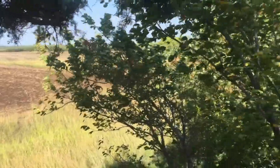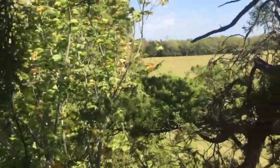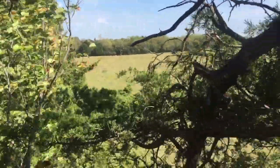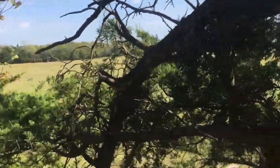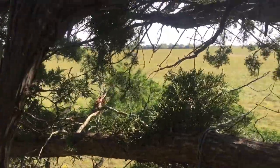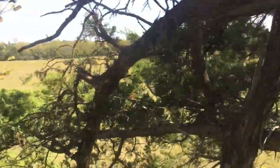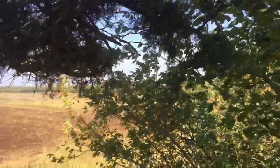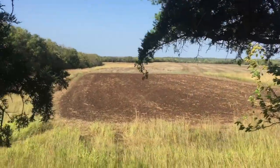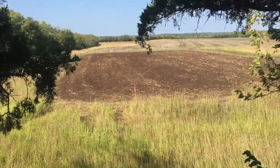But as you can see, I've got a really good view here. I'm kind of in a tree row, and big bedding area over there to my right. And then when I come in here and hunt this, the wind will be blowing right in my face and hopefully blowing across this cow pasture behind us. The deer typically don't travel back there so much, so I'm always real conscientious of which way the wind's blowing, and I know my scent will be blowing back that way, and hopefully here in about 6 weeks this